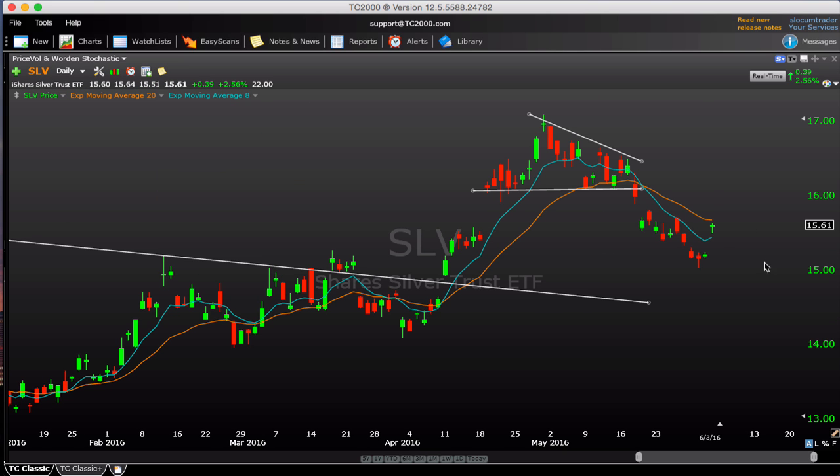Same thing with silver, nice explosive move off of this $15 level. That's constructive there. Also, same comments apply. Do we continue higher next week, or do we have to come back down, fill the gap, and take the slower approach to this perhaps continued move higher? So those are the metals and TLT, which had some pretty strong action.